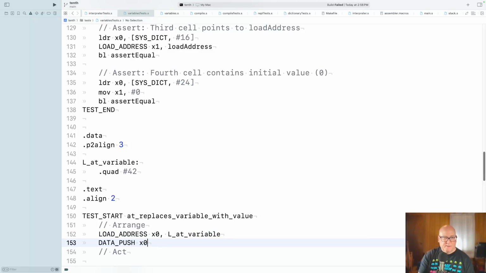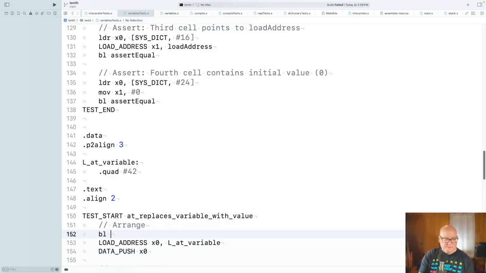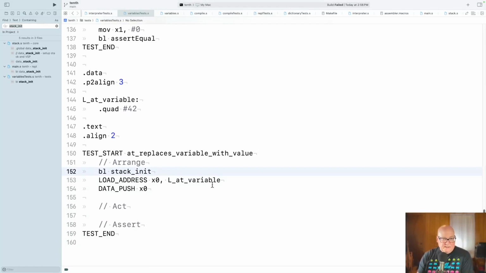I guess we got to do a stack init too, huh? BL stack init. Okay, yeah. So we'll initialize the stack. We'll push something on. Now we're going to call at,